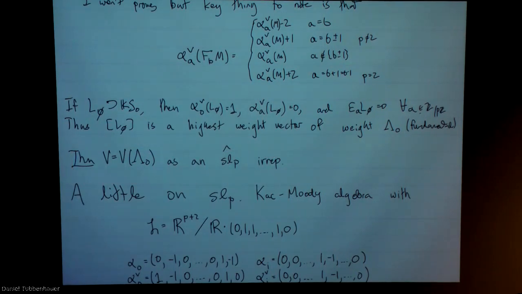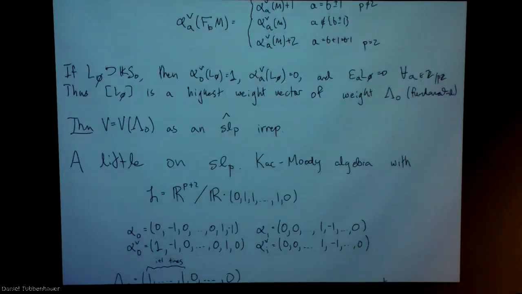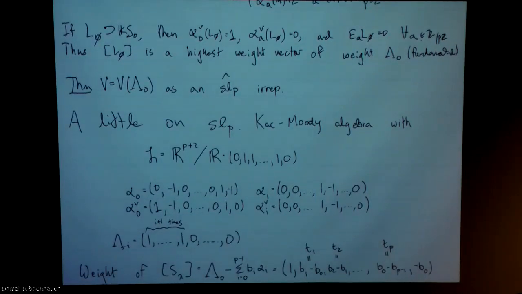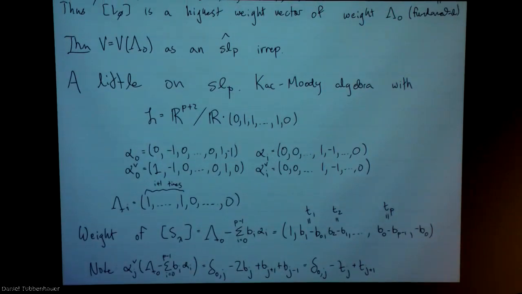You can think about all kinds of interesting stuff about the symmetric group, but thinking about this particular group. For example, this tells you what combinations of sizes of boxes can you have of contents. Can you have a partition with those contents? Well, it's exactly the ones that correspond to non-zero weight spaces of this SLP hat. And maybe the thing I will emphasize here is if I look at the class of the Specht